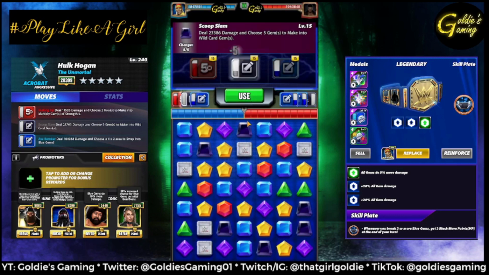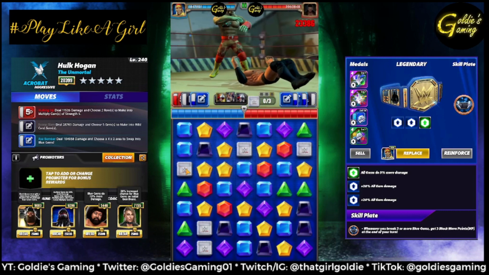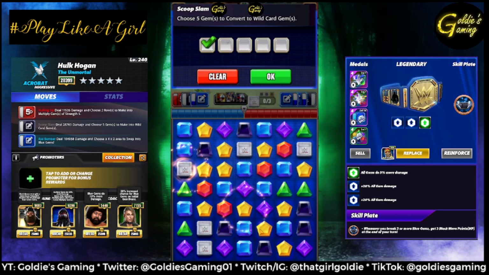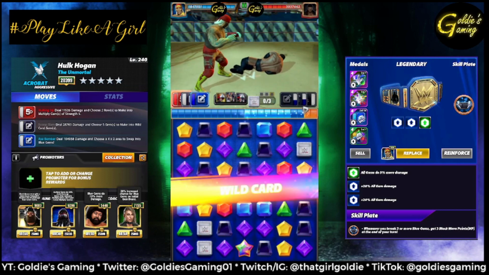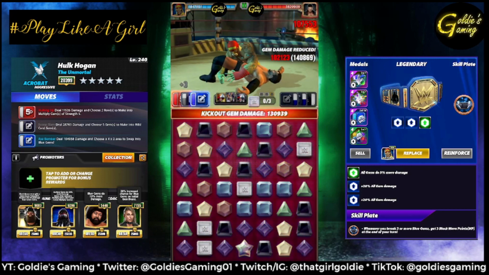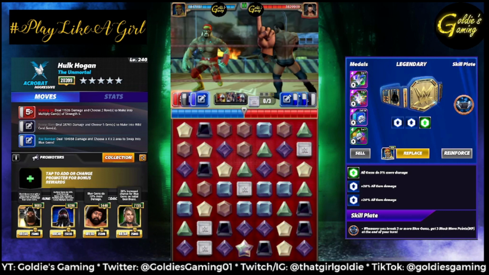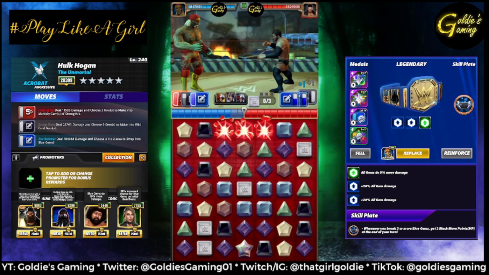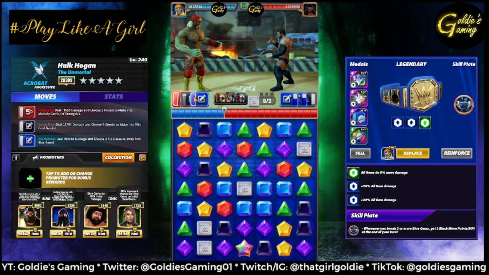So we'll use the scoop slam to load up our blues. We're probably going to pin, which means the red will be ready to go next turn. But we want to make sure that the red move and the blue move are charged at the same time, because we're going to use them both in the same turn. Excellent. He didn't take that. So,